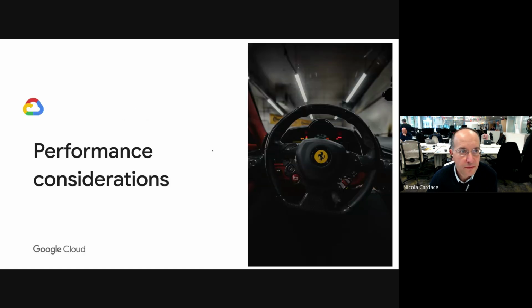So I'll move to the next slide. First one, performance considerations. If you recognize the logo, we are talking about big engines, usually expensive, but at the same time fashionable. And obviously with a lot of performance comes great responsibility. Imagine yourself as a driver, but also as somebody who needs to take care of the engine and make sure that everything is tuned. You don't want to forget anything. You don't want to miss the fuel, but also not miss the oil and other things. If you're a great geek, you also want to make sure you are tweaking everything possible to get the most out of the experience.